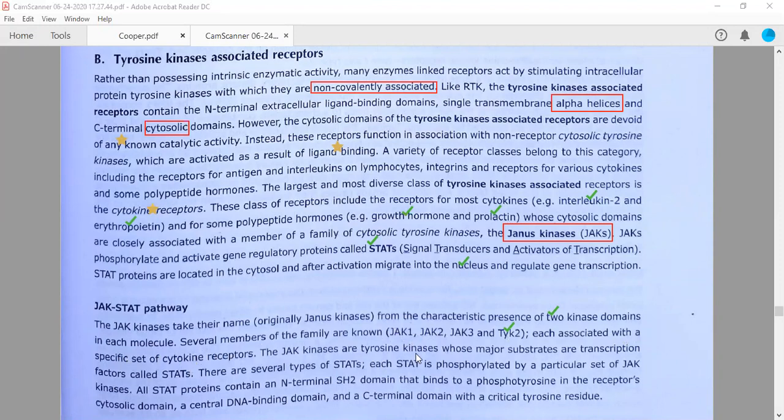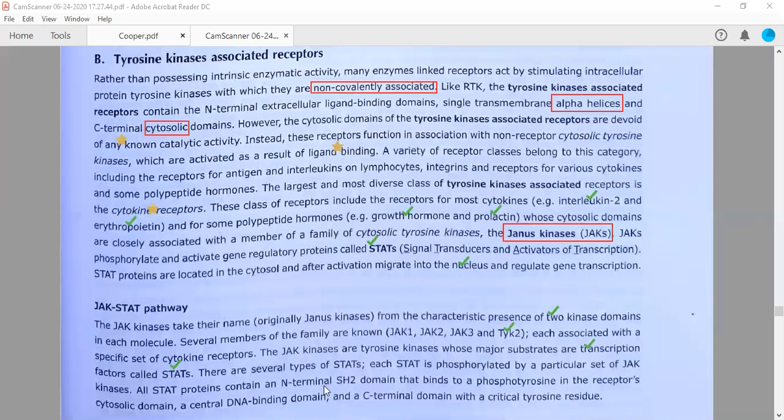The JAK kinases are tyrosine kinases whose major substrates are transcription factors, and you need to remember these are transcription factors, which are also gene regulatory proteins, called STAT proteins. Actually, there are several types of STAT molecules, and each STAT protein is phosphorylated by a particular set of JAK kinases. So we know there are certain kinds of JAK proteins, and they will interact with certain types of cytokine receptors, which are receptor tyrosine kinases or non-receptor tyrosine kinases, for example. And they will activate a specific class of STAT molecules, all STAT proteins containing